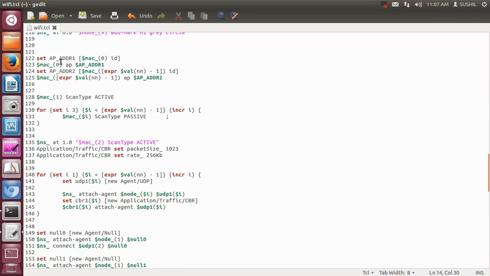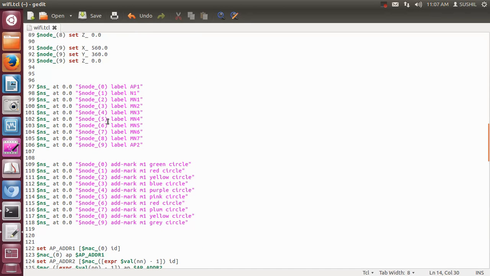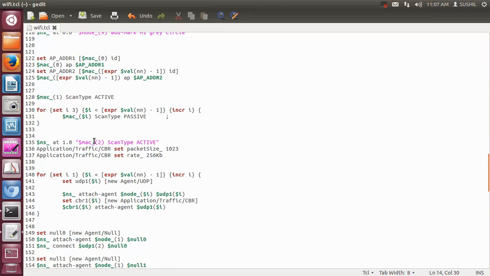Then we are assigning the access point address to the MAC using AP address 1. We are assigning MAC ID to our access point. Then similarly for our access point 2, we have set node 9 and node 0 as access points, and we are assigning addresses to them. Then we are telling the MAC what kind of